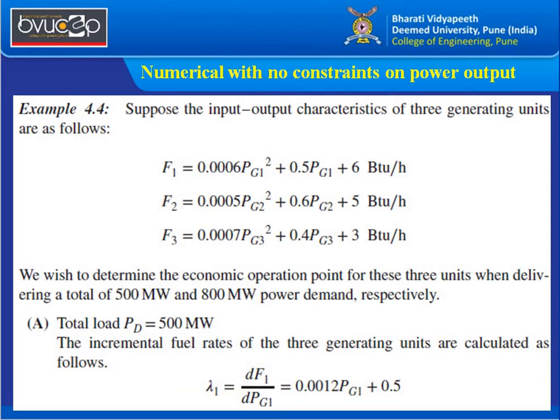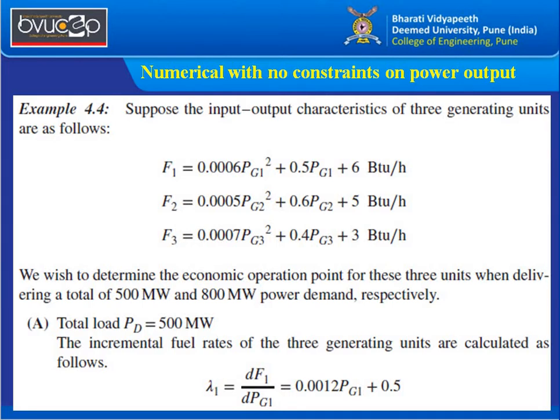These input output characteristics are obtained by regression analysis, by the iterative method for regression analysis to obtain the quadratic equation. That particular part we have covered already. You can refer to previous video lectures related to optimal power flow analysis in terms of economic dispatch. That will give you how these equations are obtained from the input output characteristics. Always remember, whatever generating units we get, the characteristic is always going to be a quadratic equation only.